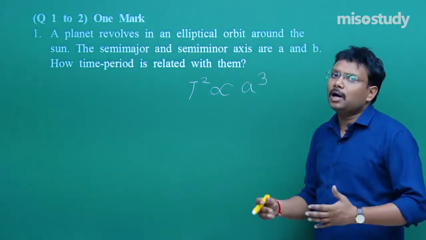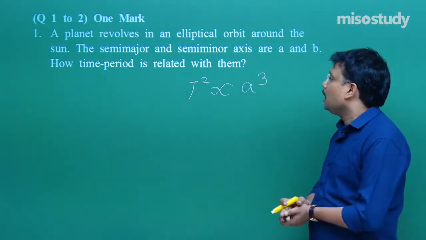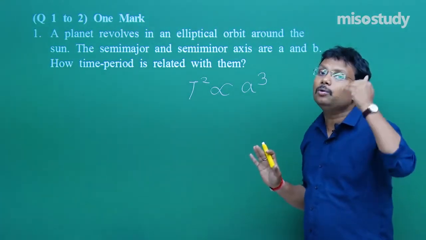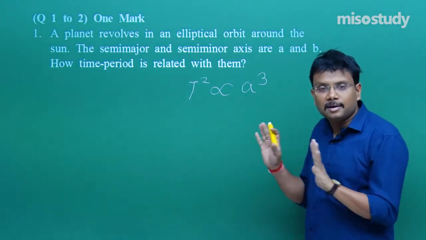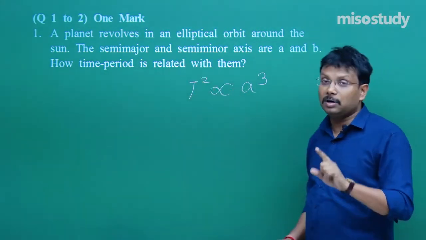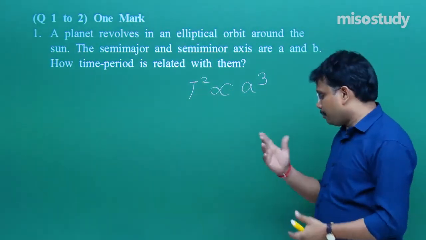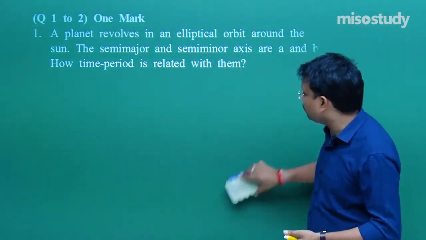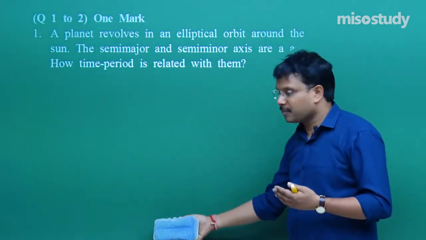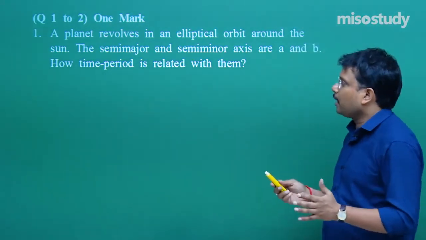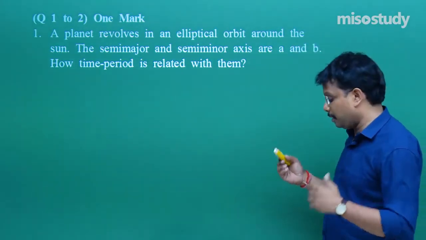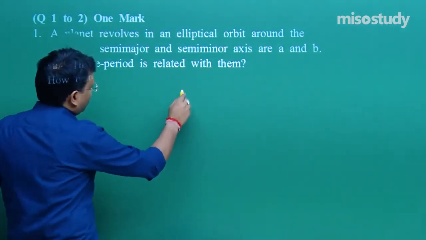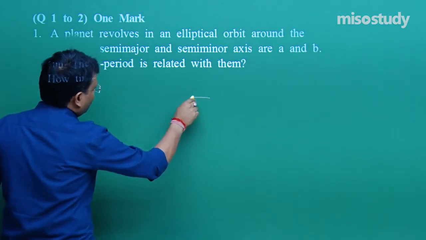This formula we are well aware about. Now, after writing this much, you can move on to question number 2. Nothing else is required because over here it is only for 1 mark. But for your understanding, obviously I will give you some more explanation. So, how can you understand this particular problem? Although the idea of this question and associated topics are clear in your mind, just for the sake of revision,